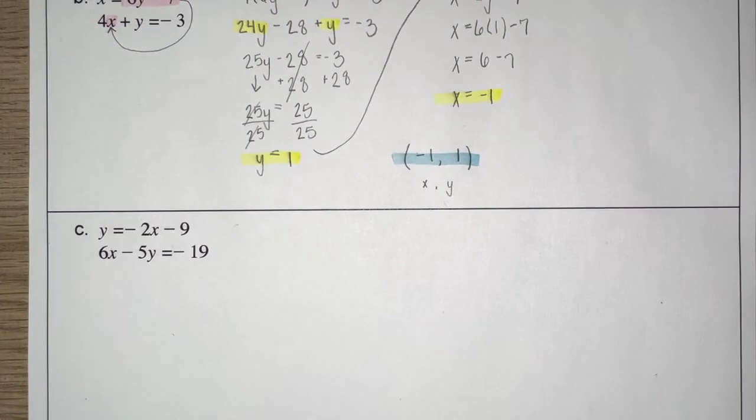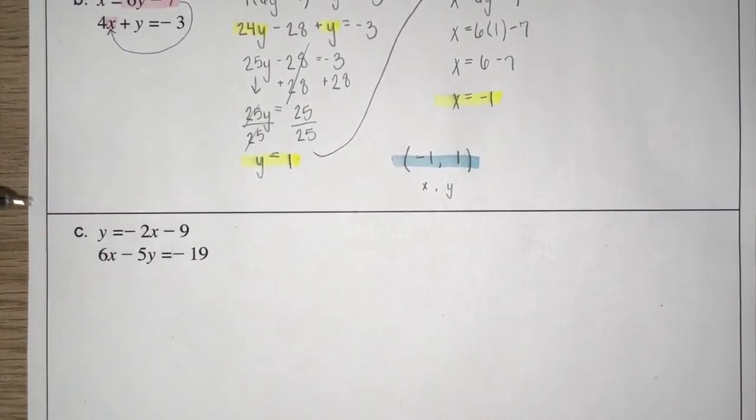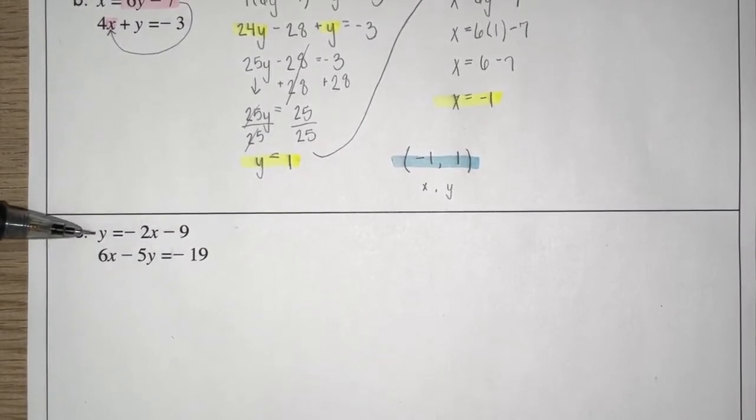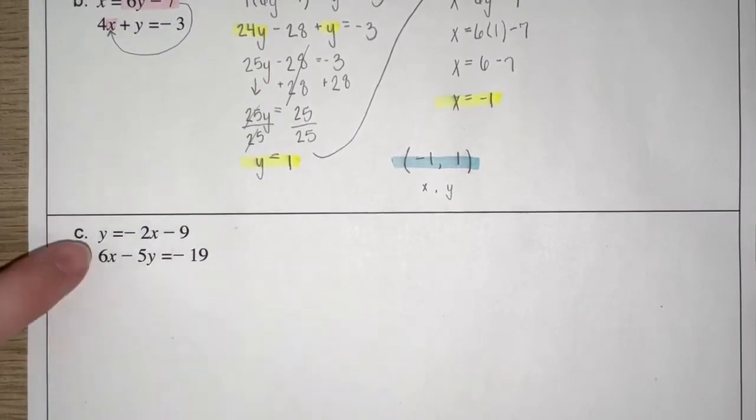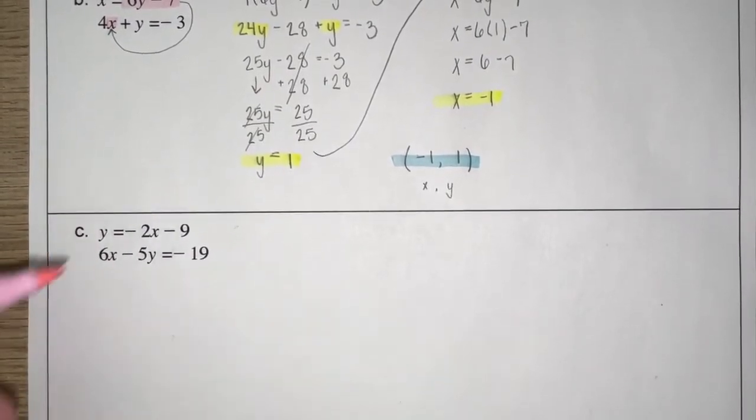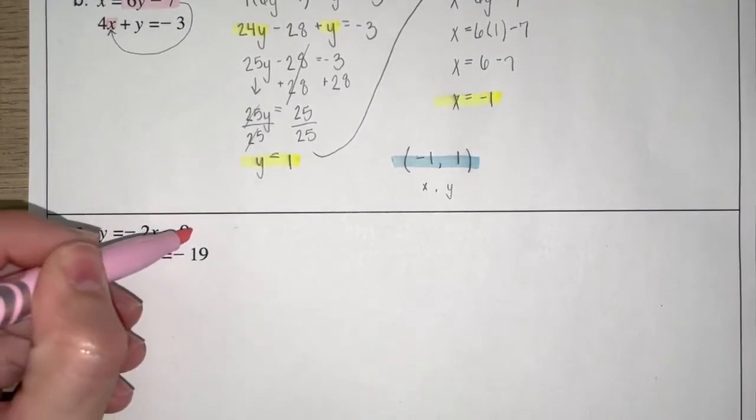For part C, we have y equals negative 2x minus 9 and 6x minus 5y equals negative 19. So step 1 tells us that we need to solve one of the equations for one of the variables. The first equation is already solved for y because it has y by itself on that side of the equal sign. So if I'm saying that y is equal to negative 2x minus 9,